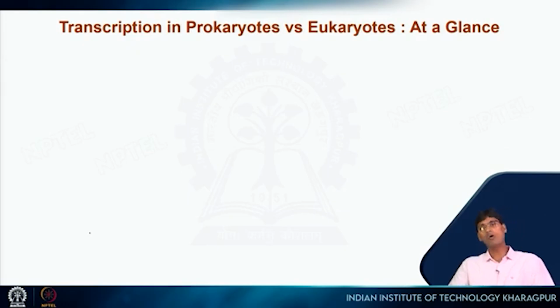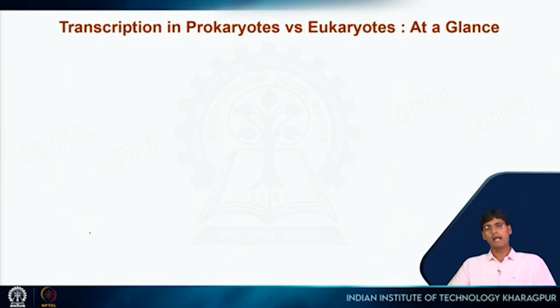And also if we see here, the processing part is really different between prokaryote and eukaryote. In case of prokaryote, those additional steps are not there, but in eukaryote we need to have these processing steps, the addition of the 5' cap, the 3' poly-A tail, as well as